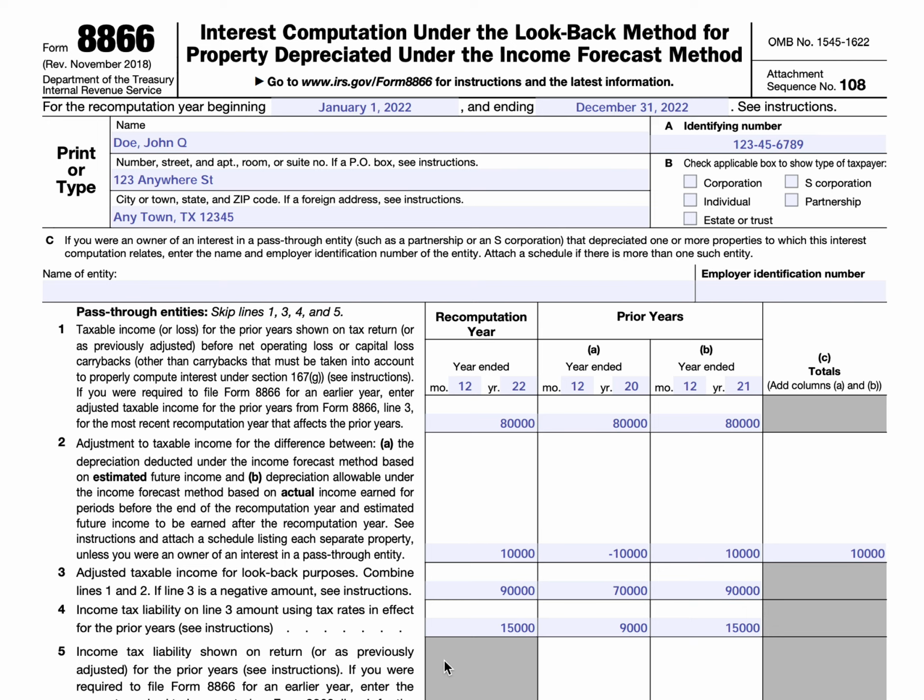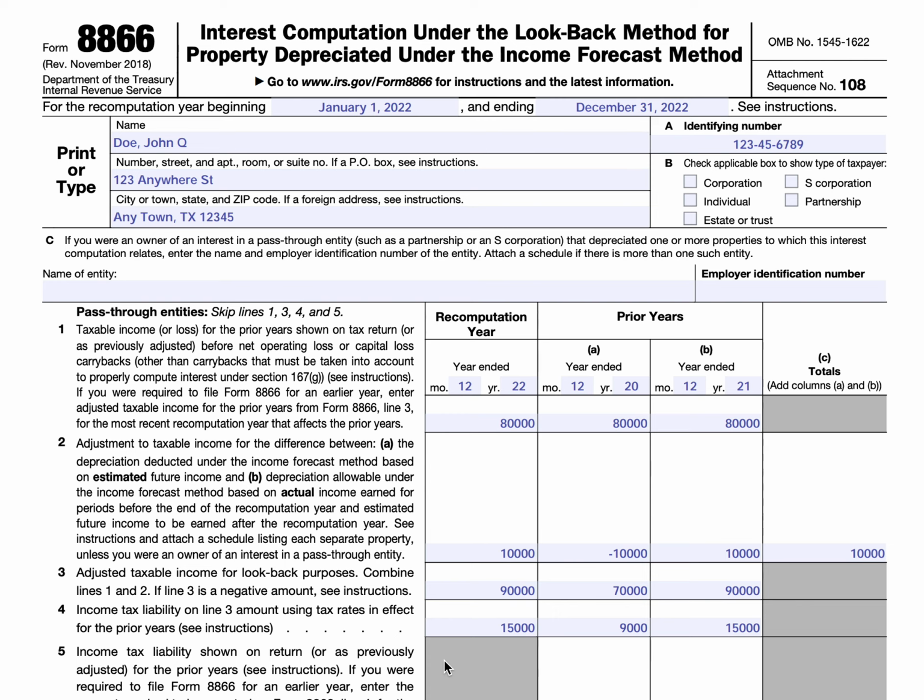So, for example, this might apply to certain properties that have qualities where the income is hard to predict at the beginning of the life. It's not really dependent on the physical condition of that specific property. So this depreciation specifically applies to things like motion picture films, videotapes, sound recordings, copyrights, books, and patents. And all of these are relatively speculative